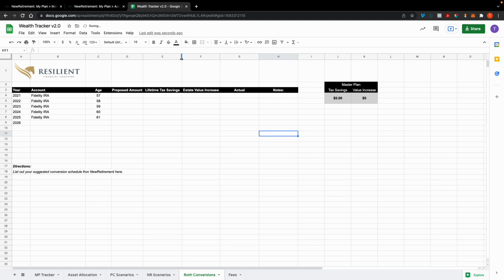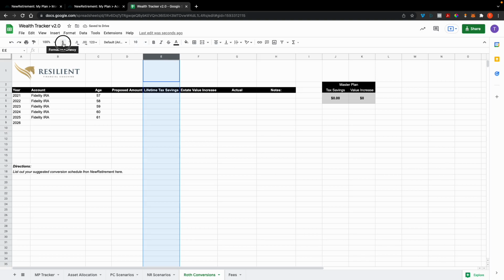And so what we want to do is record in the wealth tracker, because this is where you're bringing all of your data together. This is where you want to record the conversion amount and then the total value increase and the total tax savings.